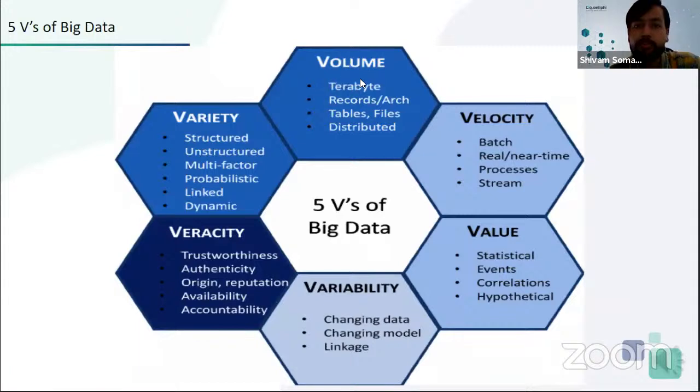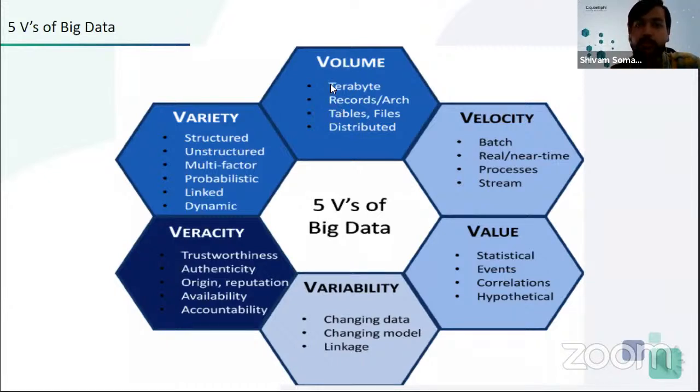Let's talk about volume. As I said, data is being generated at a very vast and fast speed. Volume is in terabytes. Facebook is generating 500 plus terabytes in a day, and everything that we do on the internet or anywhere, even if it is not on the internet, is generating data.